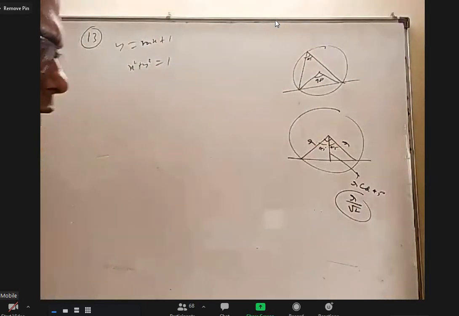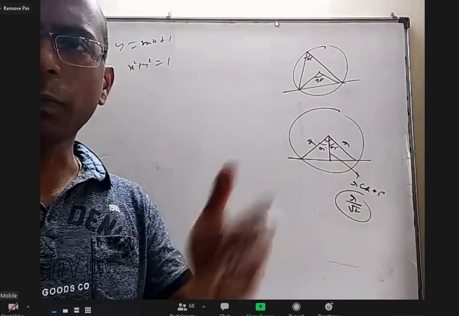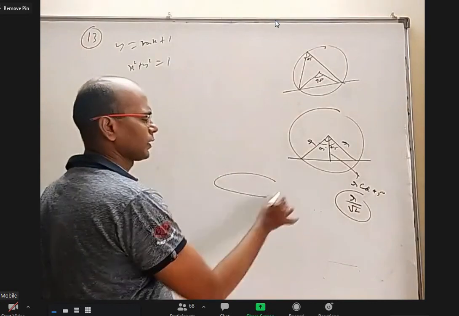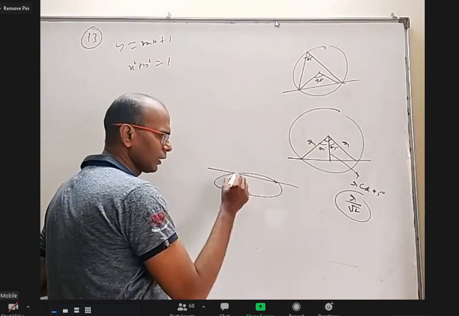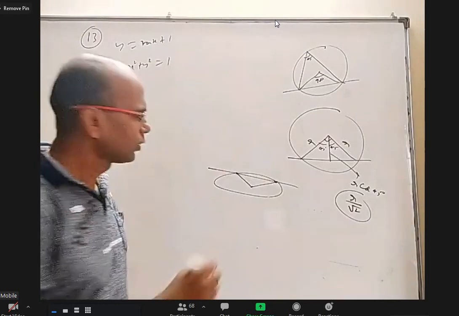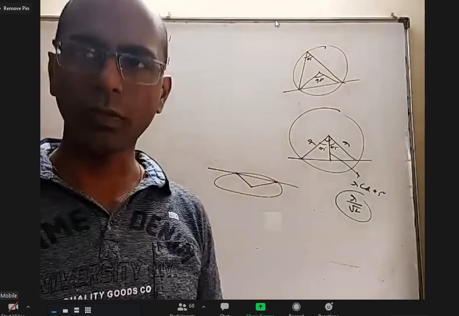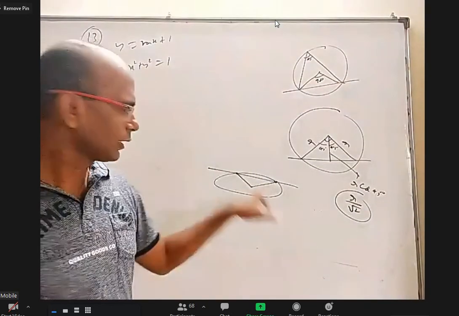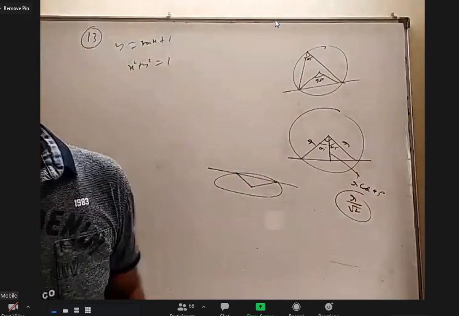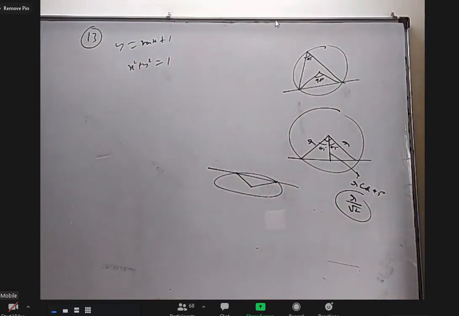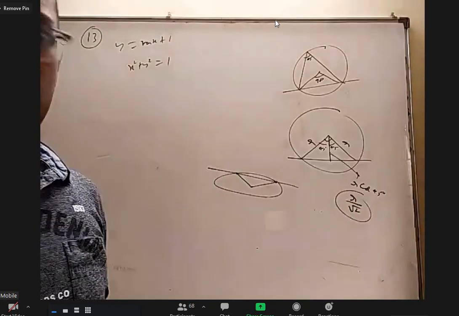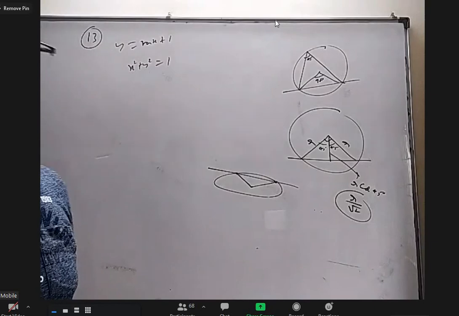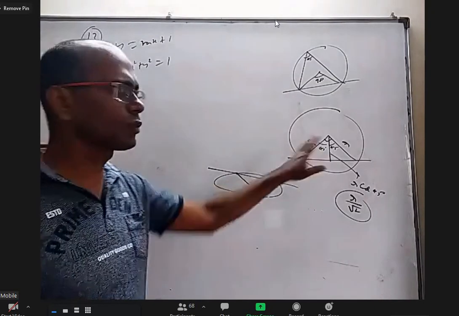Listen, once again, I told you compared to parabola, ellipse and hyperbola, circles are very easy. Same question if asked in ellipse, there is an ellipse and a line and it has to subtend 90 degrees at origin. You cannot do by this perpendicular distance. You have to homogenize the ellipse with the line, get the combined equation of these two, and then use coefficient of x square plus coefficient of y square equal to 0. That too when center is origin. If this is other than origin, it will be more lengthy. But in circle chapter, everything is very easy because you can do it from the figure.